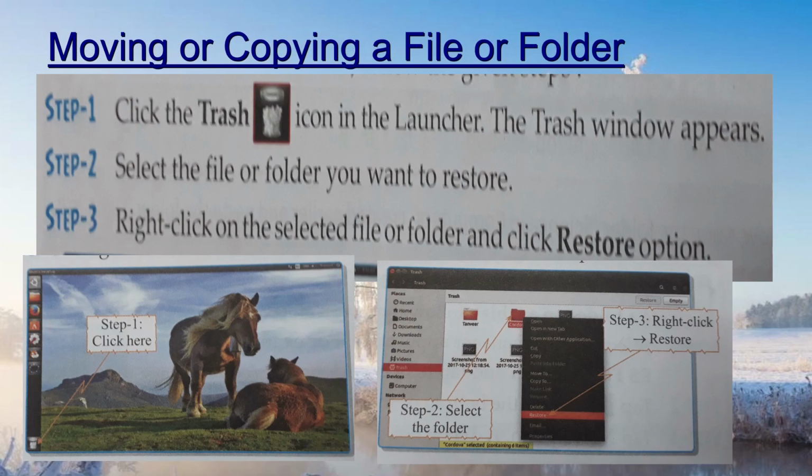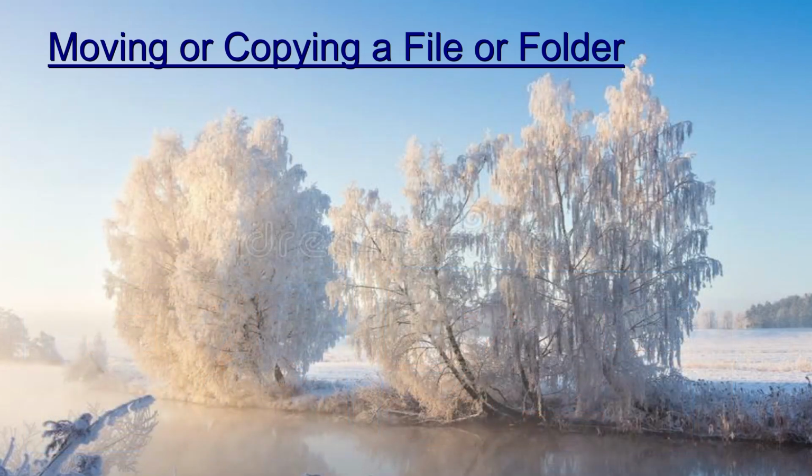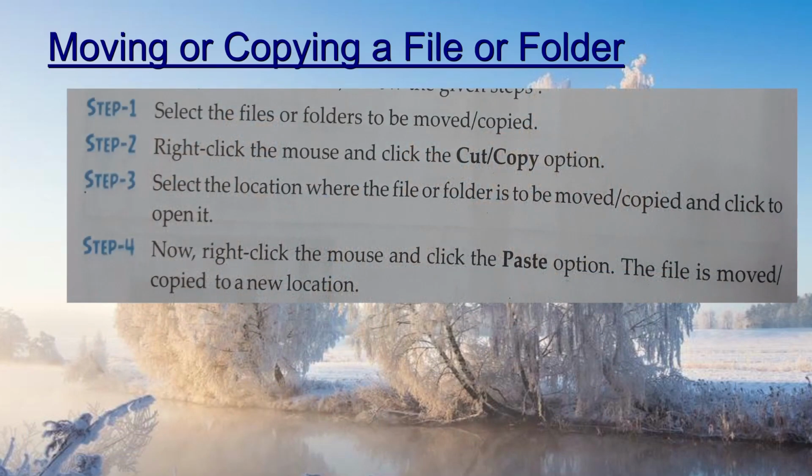If you have created the file on the desktop, we can move it from there to some other place or some other memory locations. How can we do that? To move or copy a file or folder, we have to follow 4 steps. Before that, what is the difference between move and copy? Copy means we will get 2 files. One is the original one and the other is the copied one. Move means we are changing the location of the original file from its first position to the required position.